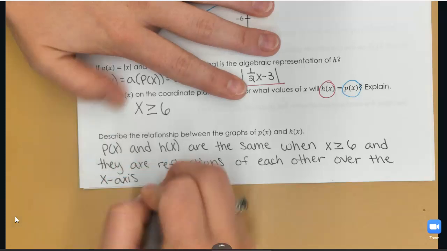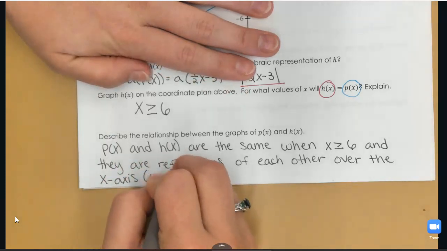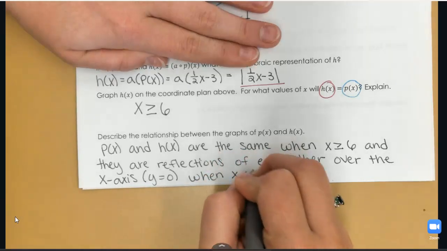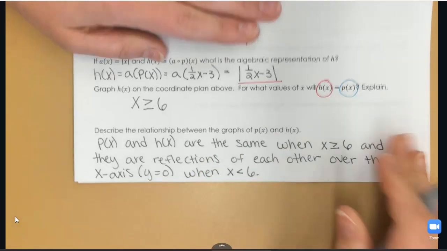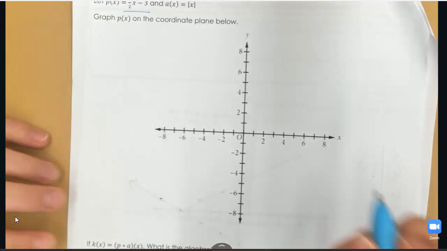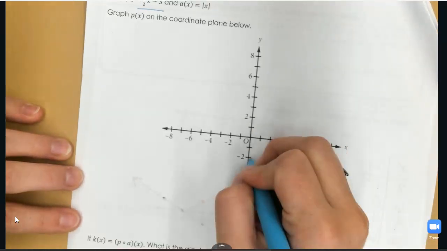And remember, the x-axis is the horizontal line, y equals 0. And that is for our values when x is less than 6. Okay, so keeping p of x in mind, we are still going to look at that on the next page. And in fact, I'm going to go ahead and get that graphed in blue again, starting with my y-intercept at -3,